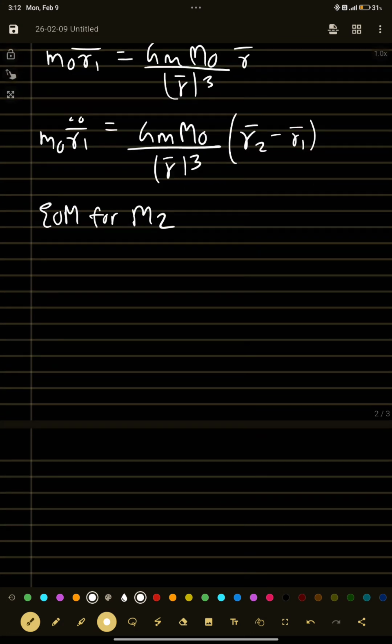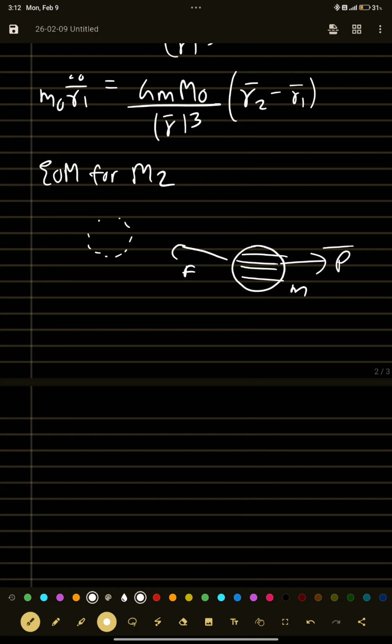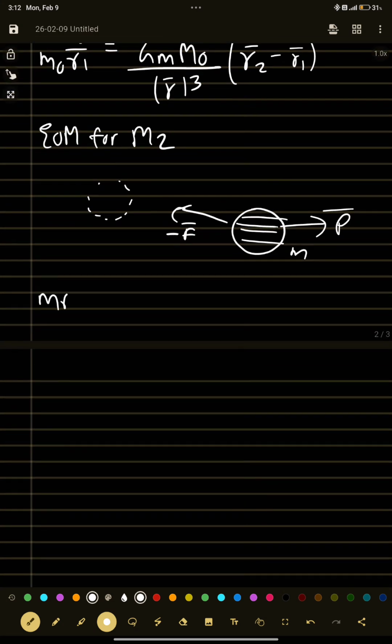And this is the equation of motion for particle 2. So what will be the free body diagram of mass particle M? The force is in this direction, which is actually minus f. So you have m r2 double dot, which is mass into acceleration, and the net force. So you can write minus G m naught by m